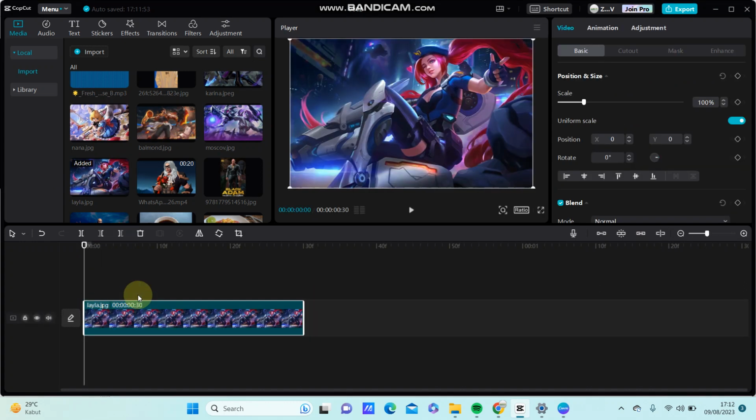So to create a moving zoom picture, you can add the keyframe. You can find the keyframe button on the right of the position and the size. Just click on it, and you can swipe to the right on the clip, and you can change the scale,